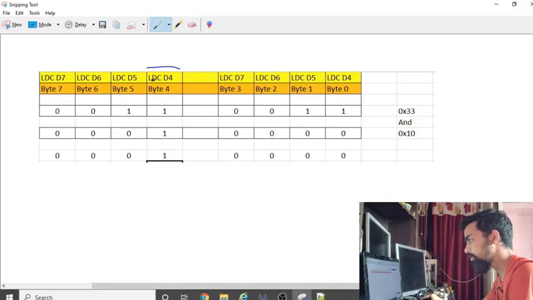If that value is 1, then we have to send a 1 signal on D4. Then again we mask with 0x20 for D5, and if the value is 0x20, we send a 1 signal on the fifth LCD bit. This logic applies to each and every pin, D6 and D7. Once the higher bits are executed and sent to the LCD, we apply the same logic to the lower bits. Again for the lower bits we send D4 first, then D5, D6 and D7, but in that case the masking is 0x01. So we will see the code.